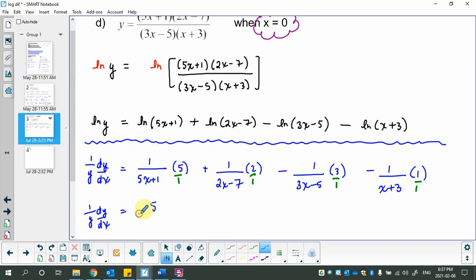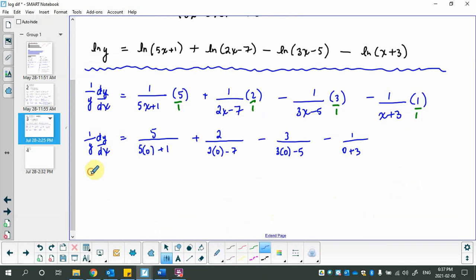One times 5 is 5 over 5 times x is 0 plus 1 plus 1 times 2 is 2. 2 times 0 minus 7 minus 1 times 3. 3 over 3 times 0 minus 5 minus 1 times 1 over 0 plus 3. Let's tidy this up. So this one's 5 over 0 plus 1, so this is 5, plus 2 over negative 7, minus 3 over negative 5,